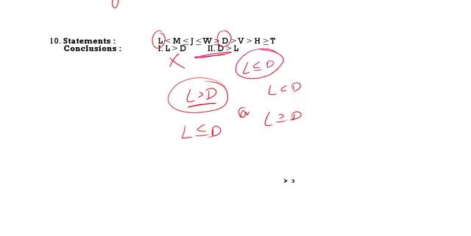That means either one or three follows. If there is no relation, if one greater than and one less than or equal to, or one less than and one greater than or equal to is given, then these two are considered complementary pairs. Here there is no relation between L and T. Here it is given L greater than D and D greater than or equal to L, which can be written as L less than or equal to D. So those two are complementary pairs. See the next question.